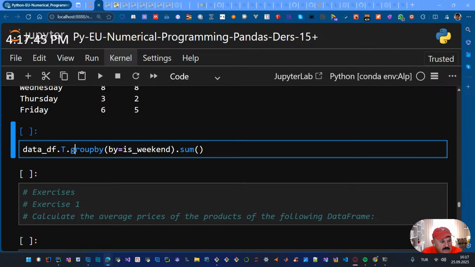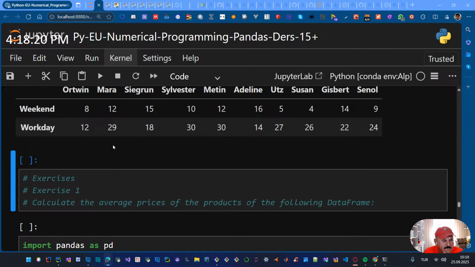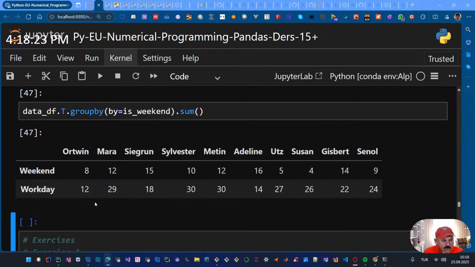We could prefer to make the cumulative beverage consumption by using the sum method. Once again, we use the data frame, applying a group by, and the criterion is weekend, and we simply want to accumulate, to calculate the total number of beverages. Okay, weekend and workday. So that means